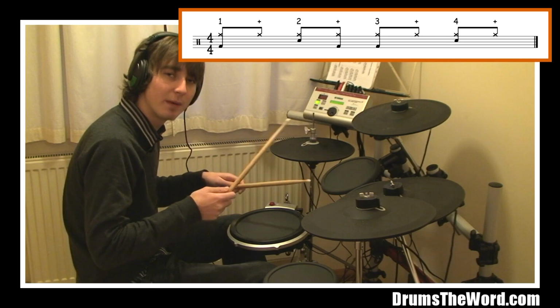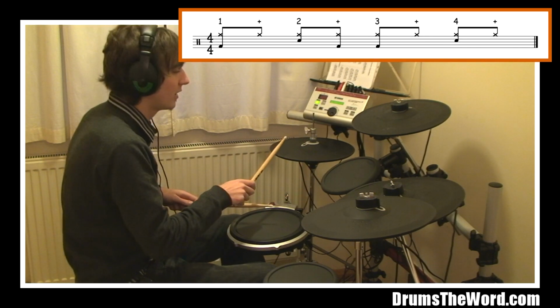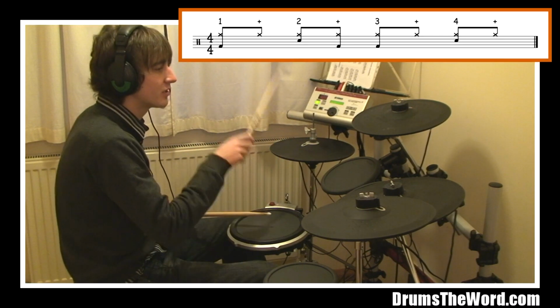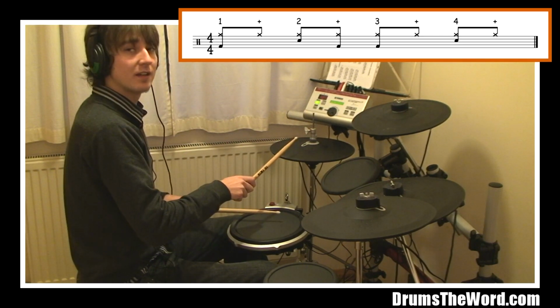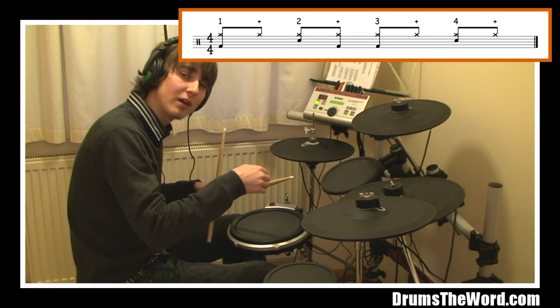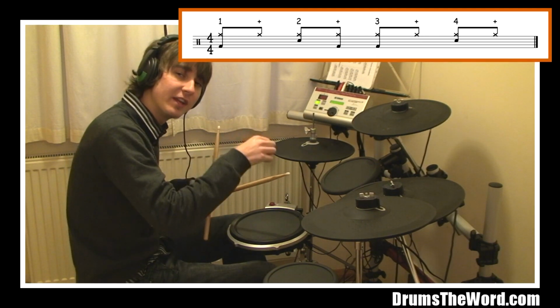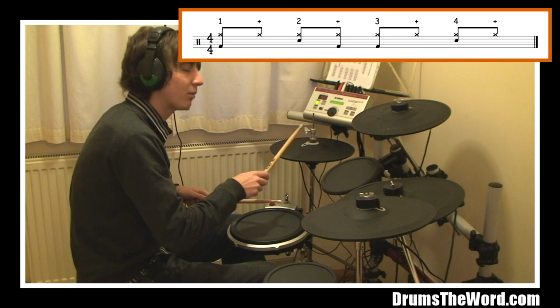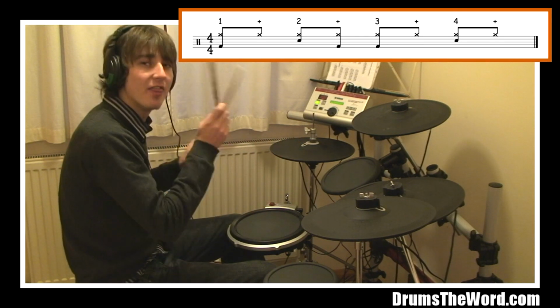straight after the second bass drum. They play something like this: 1 and 2 and 3 and they put the snare drum on the and of 3 because they're so used to playing in the previous example bass drum on 3, then the and, then the snare drum. Be aware that this example we have a hi-hat played on its own on the and of beat 3, then the snare drum